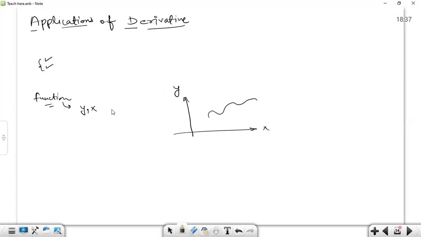So while finding the tangent of the function, what is a tangent? At any point, when we find the derivative of the function at that particular point, we basically find the rate of change of the function. So there we can find the rate of change of y with respect to x. That is basically the derivative. So functions are of two types: